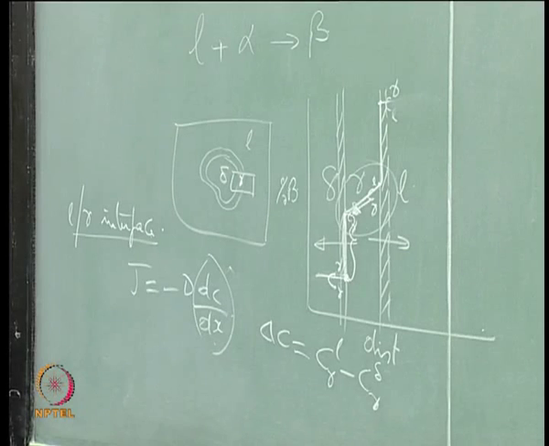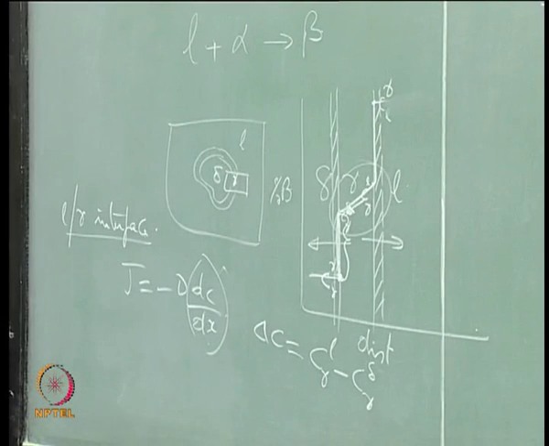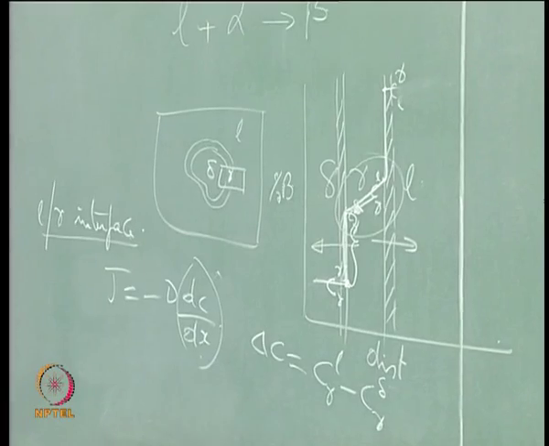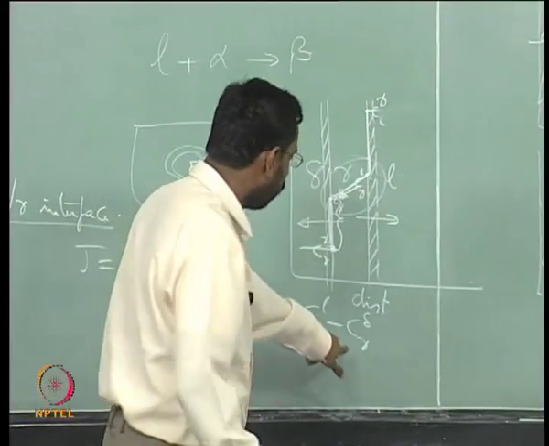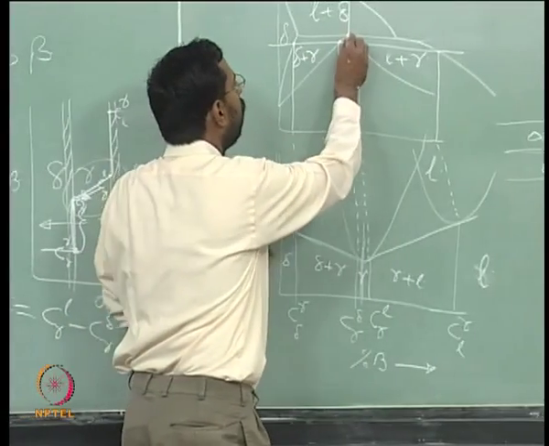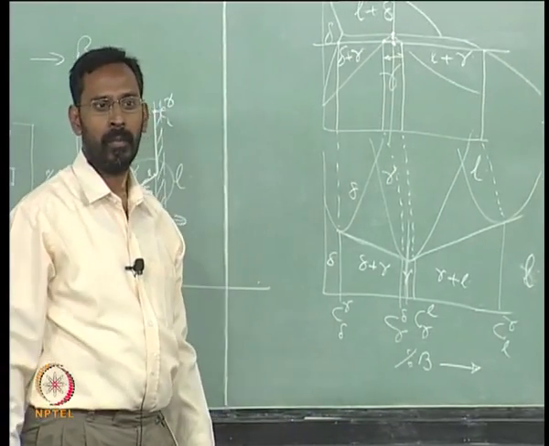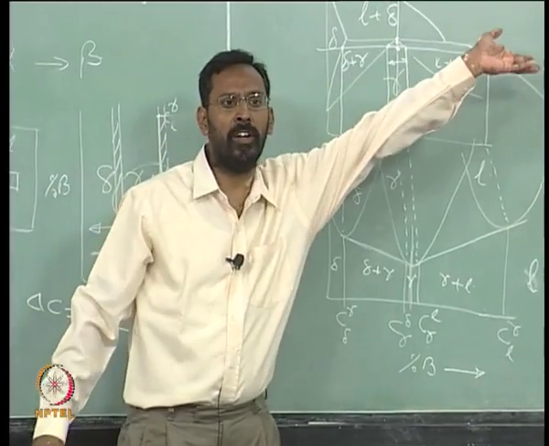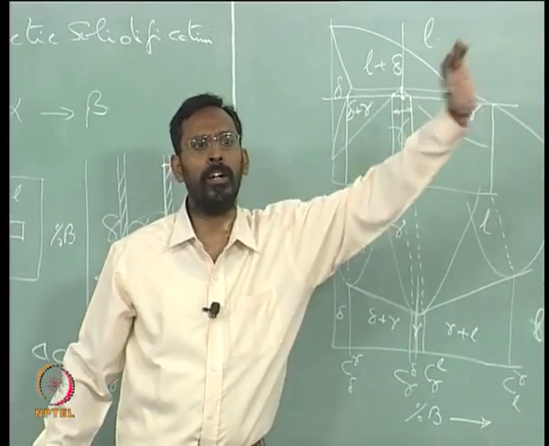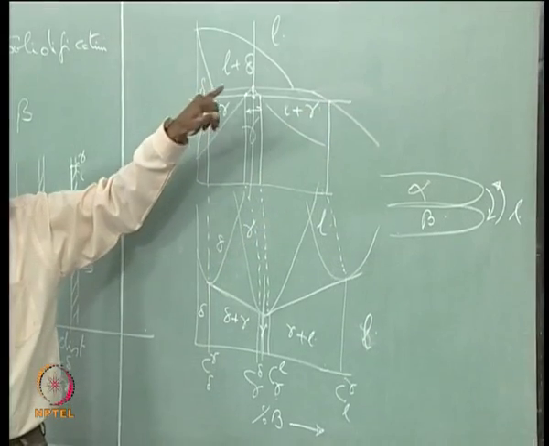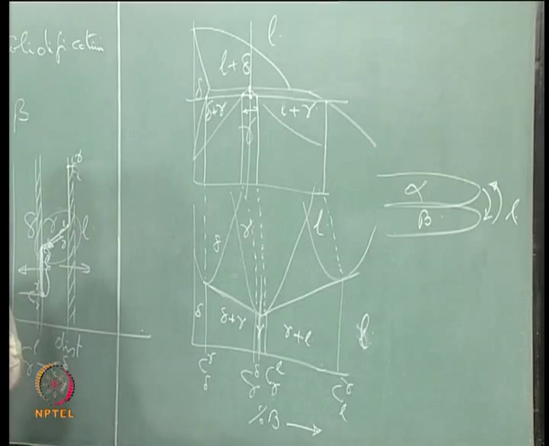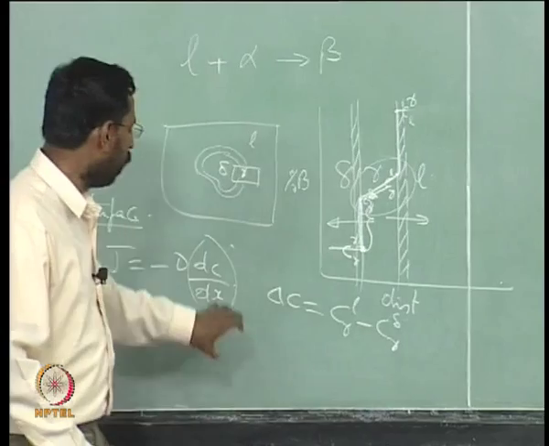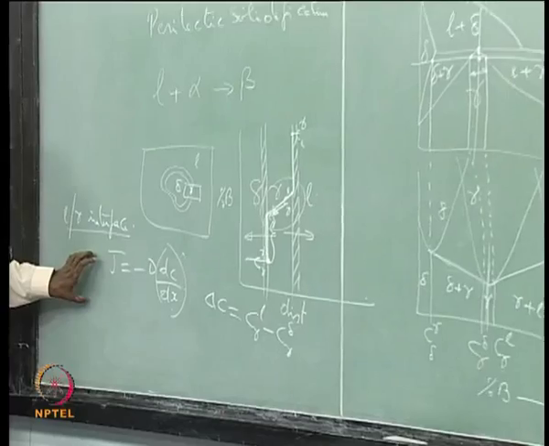And again, if you look at this difference at the peritectic temperature, what is it? It is 0. At the peritectic temperature this difference is 0, because both of them are meeting here. At the peritectic temperature all the three are in equilibrium. So, there is a single common tangent for all the three phases. So, the composition of gamma in equilibrium with delta and the composition of gamma in equilibrium with the liquid is always the same, and if that is the same, then this is 0. If this is 0, the gradient is 0. If the gradient is 0, the flux is 0.